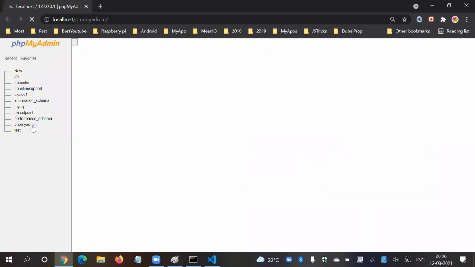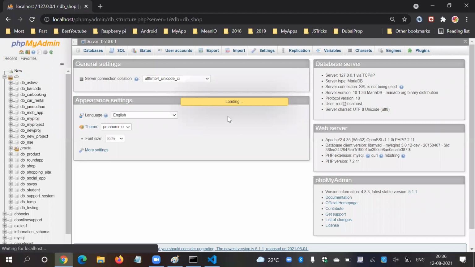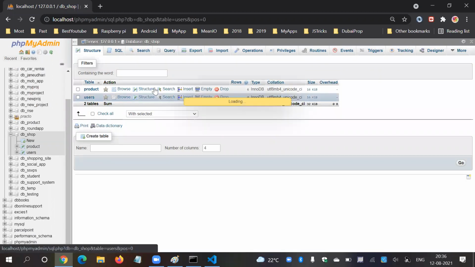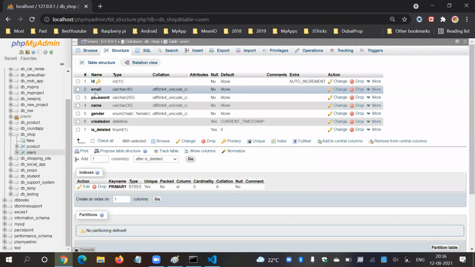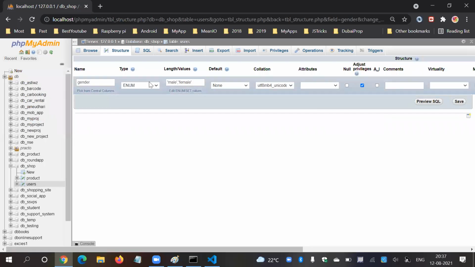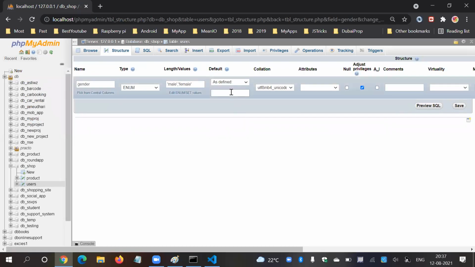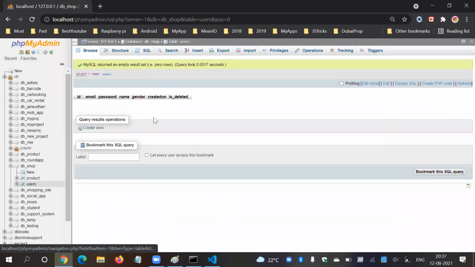So guys, for testing, let's skip the gender column for now because we have to add radio buttons for that. We have these three columns: email, password, and name. Let's keep this gender column as of now, I will update this later on. Let's say gender, default, male. Save. Perfect, so this is by default male, and we have 0 records as of now.